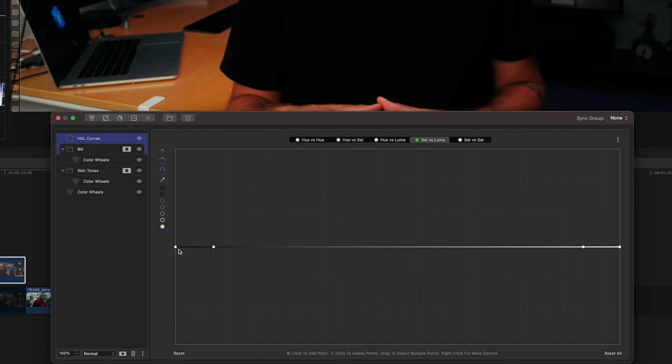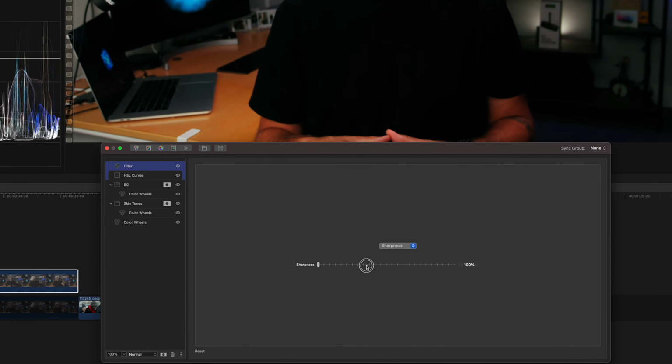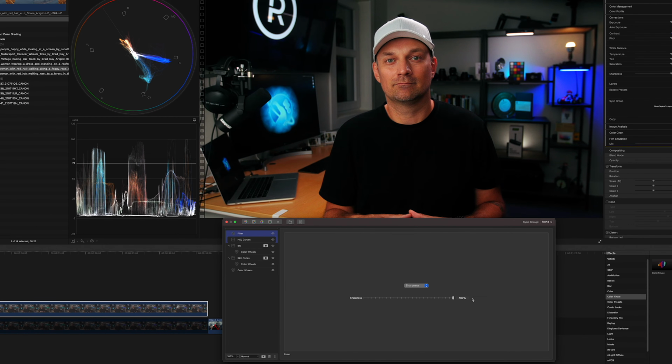Click in the shadows and in the highlights, and then drag those parts down to make sure that we got rid of any color casts that are happening in the darkest part of the image and in the brightest part of the image. And then there's a new feature called filter, which you can add your sharpness right here overall, or you can tone it down or crank it up. But again, everything is about being subtle. So I would add in about 15% sharpness,